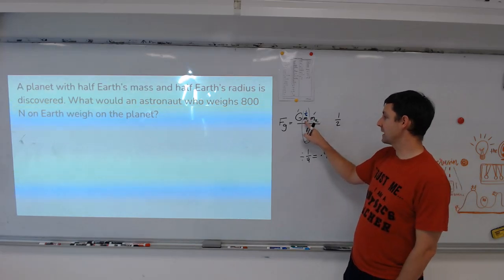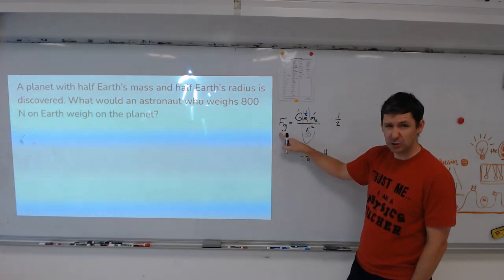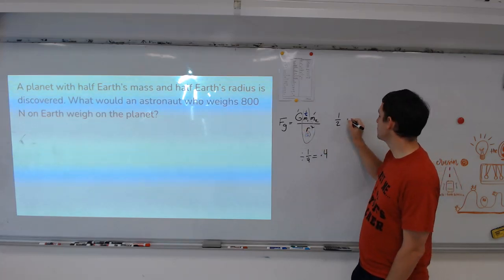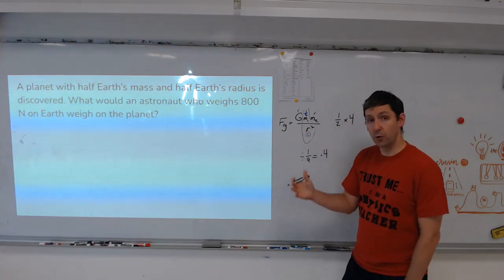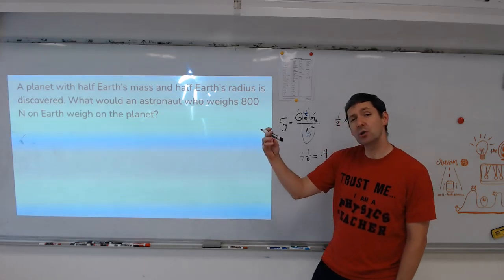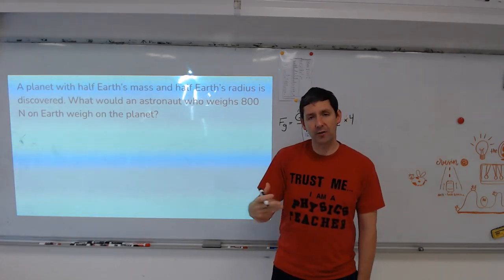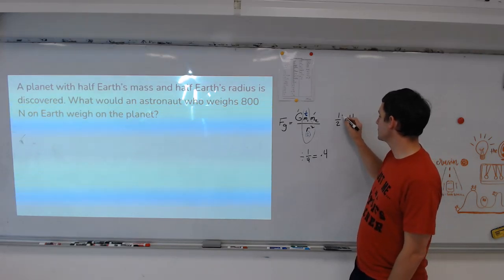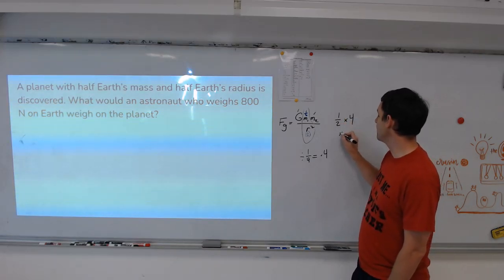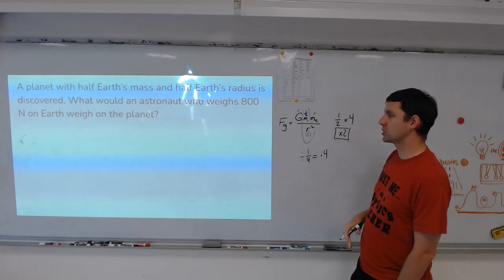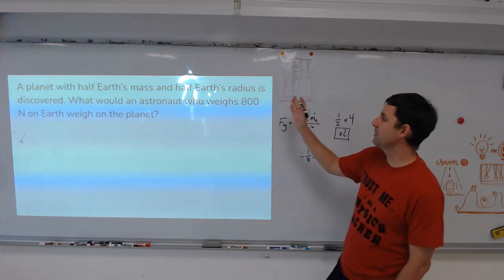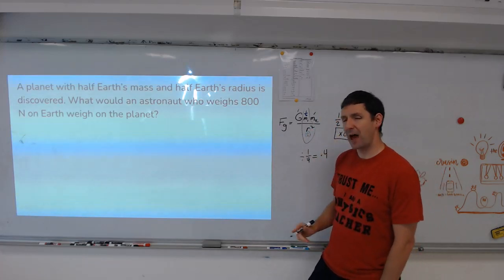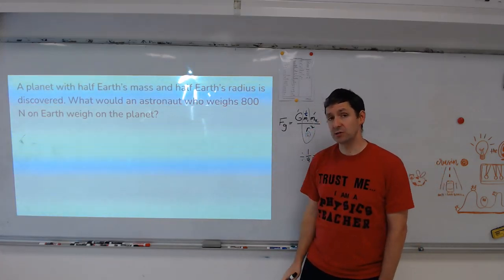So halving the mass is going to halve the force. That should make sense. Less mass, less force. And then halving the radius is going to quadruple the force. And that should make sense again. The closer you are to an object, the stronger the force is. So we put those two things together. This one was half, that one was 4. That means overall my force should double. So if he weighed 800 newtons on Earth, he will now weigh double that, or 1,600 newtons on this new